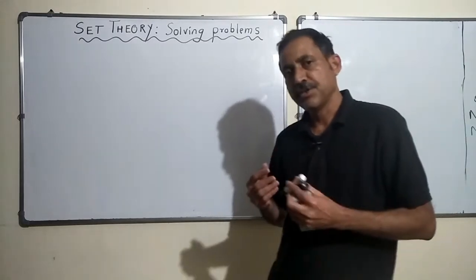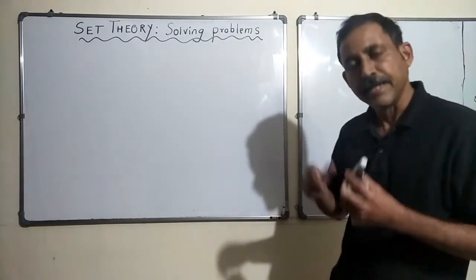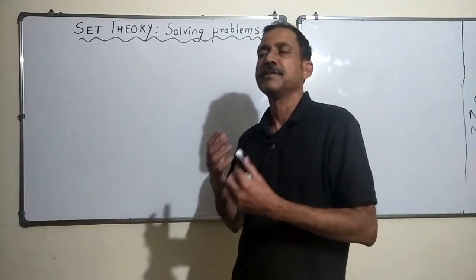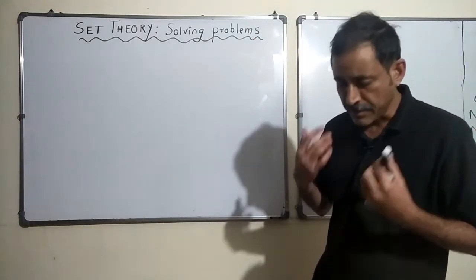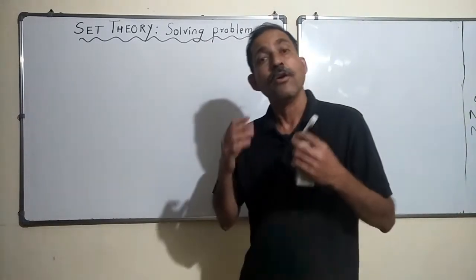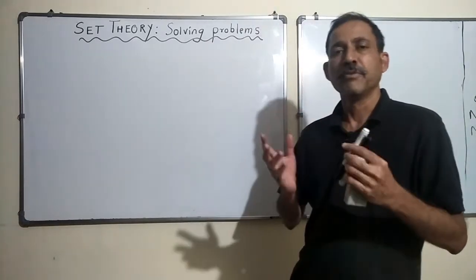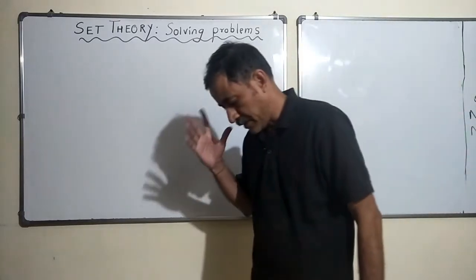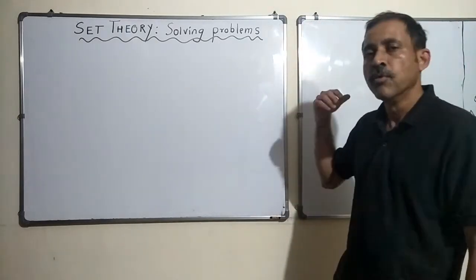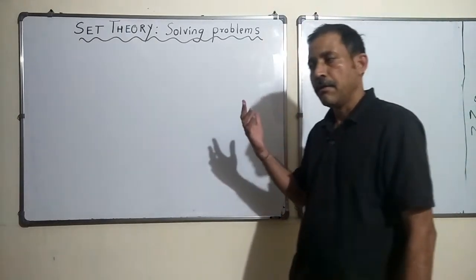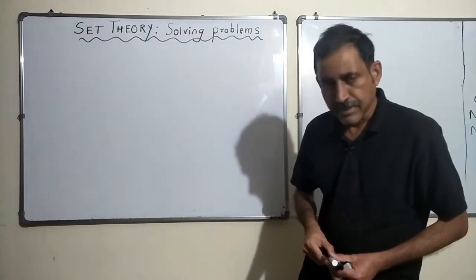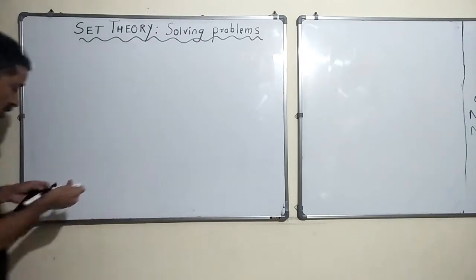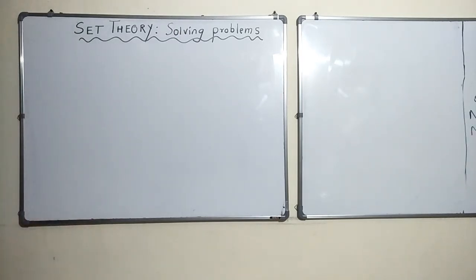In the previous session, we studied set operations. We studied union of two sets, difference of two sets, intersection of two sets, and also some of the properties, and we did some amount of study with the Venn diagram, right? So today we are going to do more problem solving using Venn diagrams. Let's see how today's session goes. So let's start with the first problem.